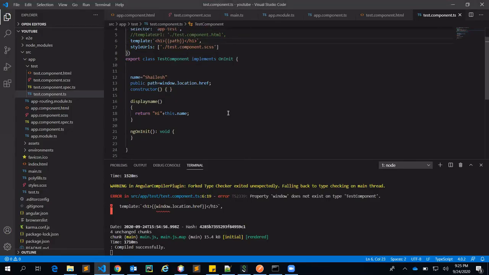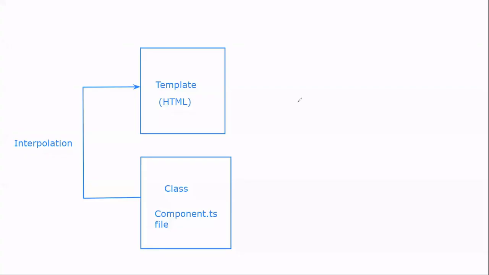So I think I have tried my level best to explain how interpolation works, and I think you have got the idea. One last thing I want to explain using a diagram: whatever you declare in the component class, the .ts file, and want to bind into the template, you interpolate.